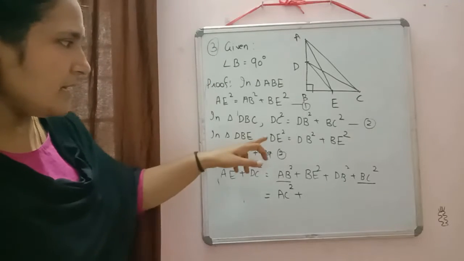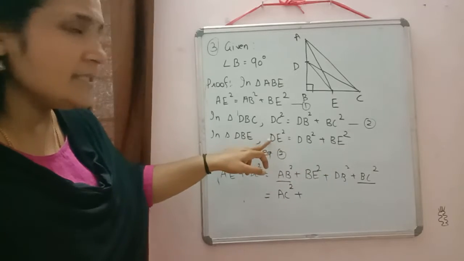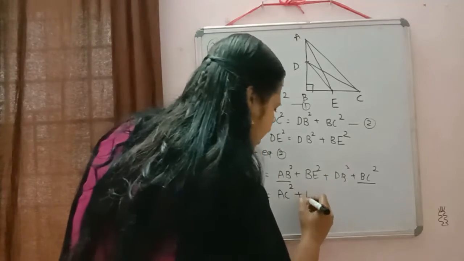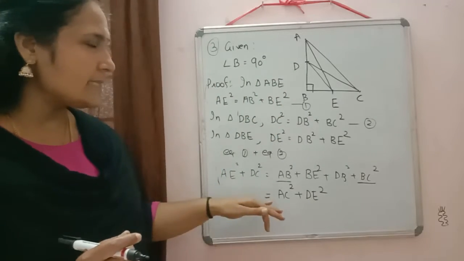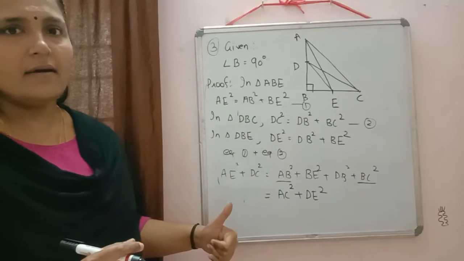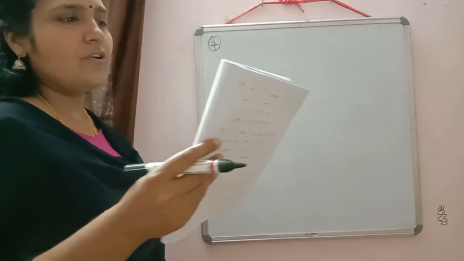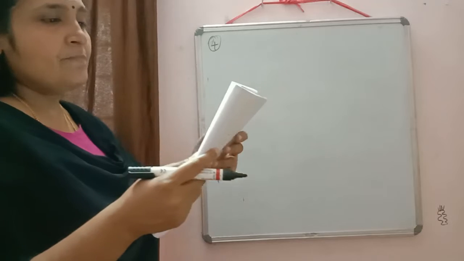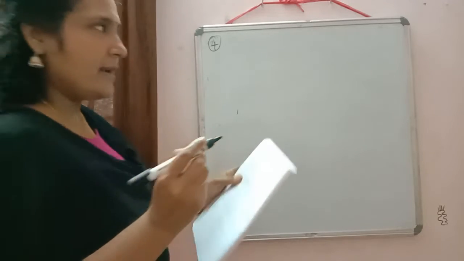Now in the same way, similarly we wrote here. BE square plus BD square is equal to how much? DE square. So here we will write it is equal to DE square. So always check what are the sides we need in the proof and then do accordingly. Clear? Okay. So moving on to the next question. In this question you can check what we have to prove. Prove that 3 times the square of any side of an equilateral triangle. So first what we have to draw? We have to draw an equilateral triangle.